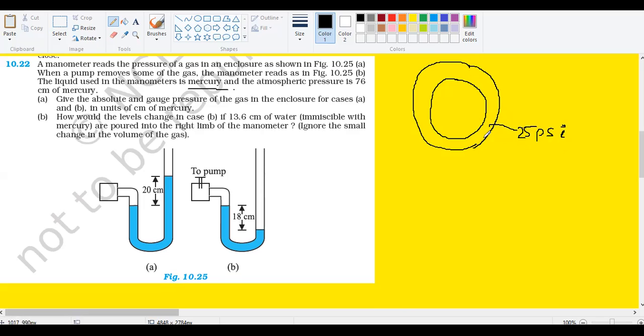But when you are doing some thermodynamic calculations, the gauge pressure should not be used. You have to use the actual pressure. What do you mean by actual pressure? The atmospheric pressure should also be added. So this is leaving the atmospheric pressure, this is the pressure. Because if I add the atmospheric pressure, it will be more than this. So that's why this question is there, to make you understand what is absolute pressure and gauge pressure.